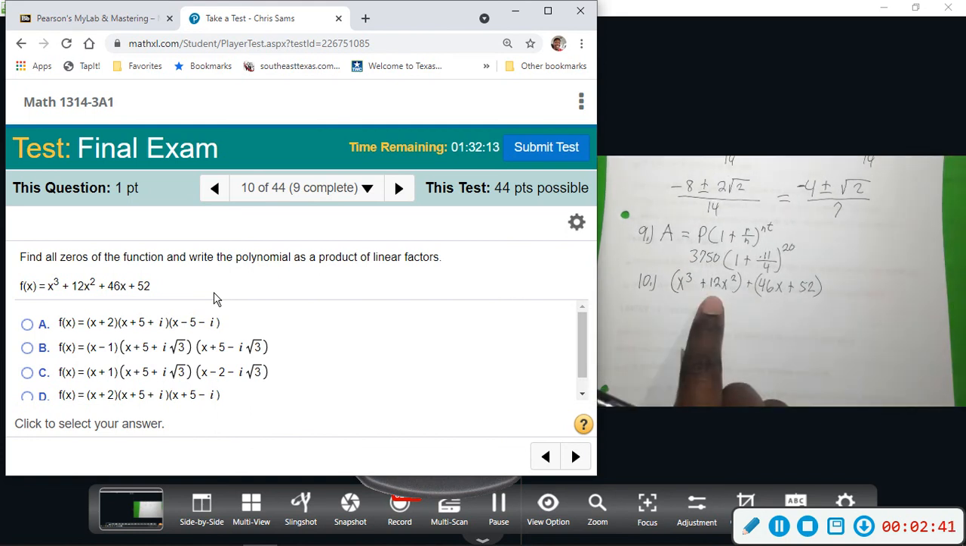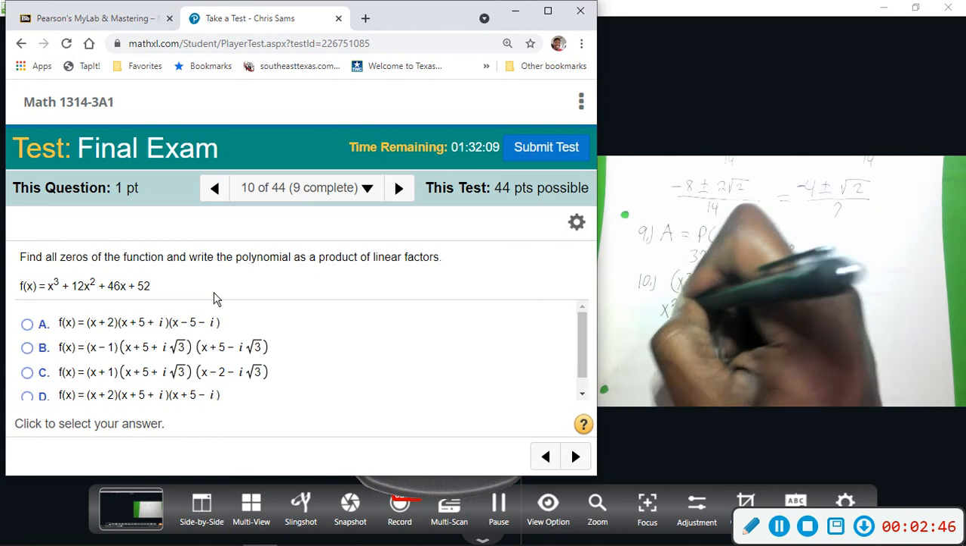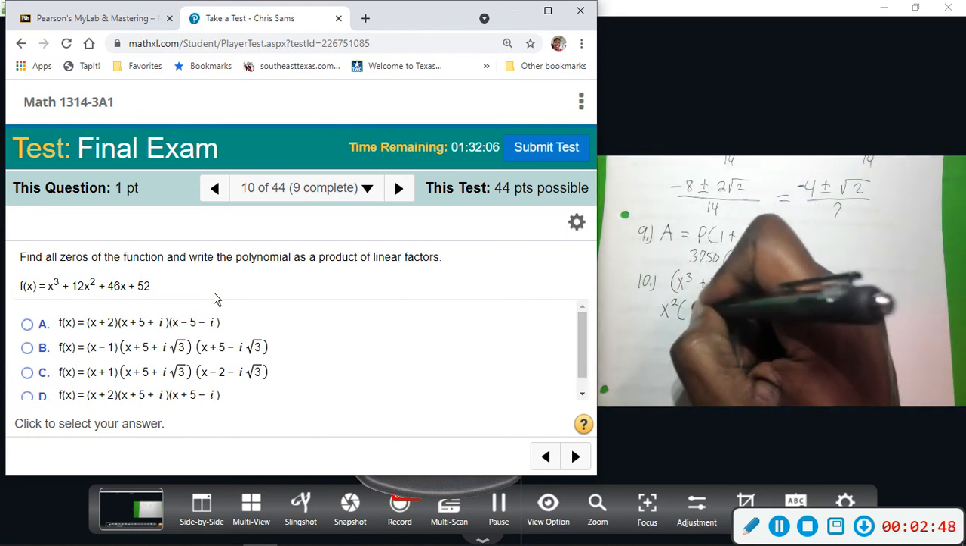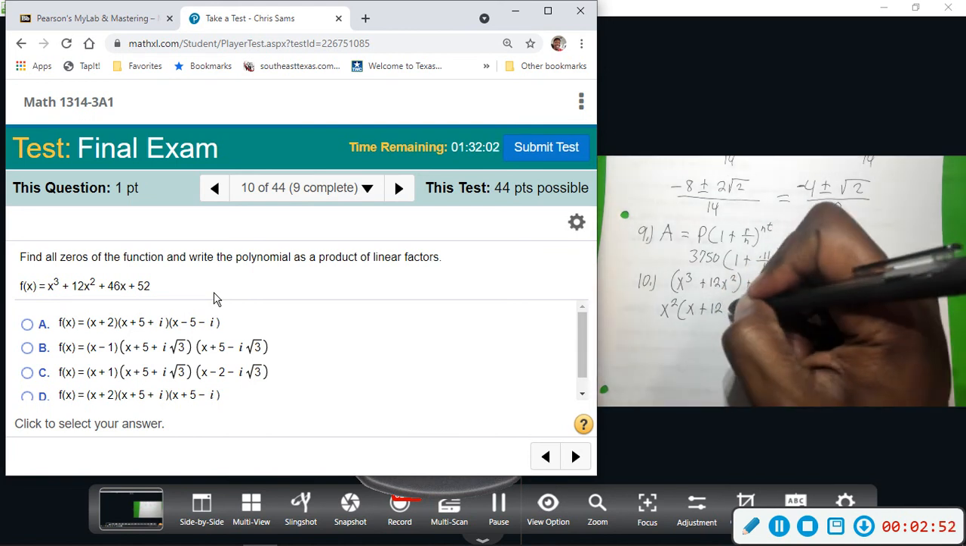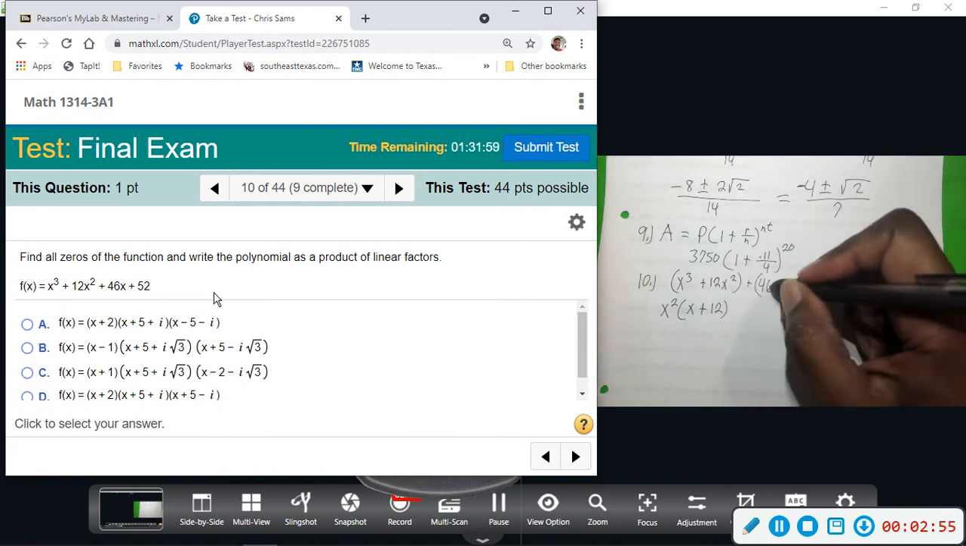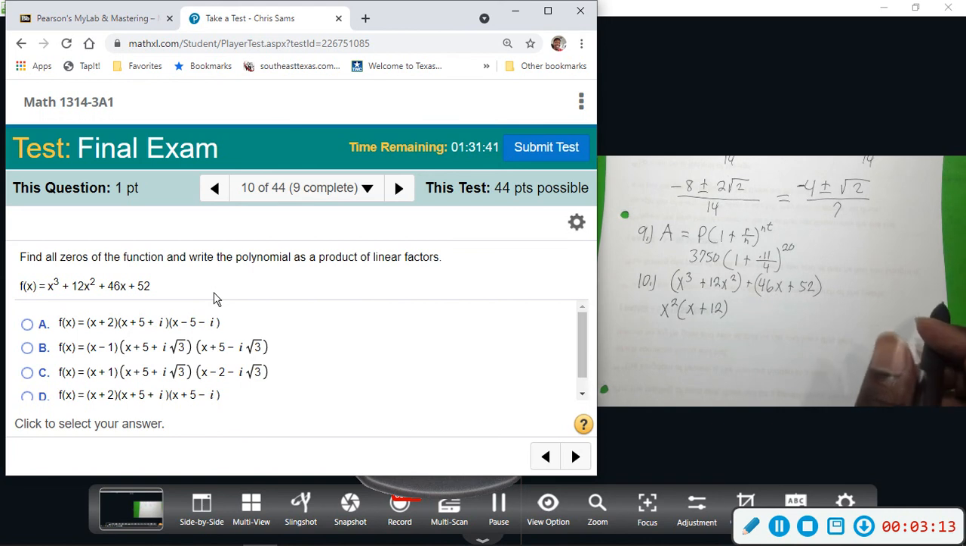And I want to see if this will factor. So these two I can pull out an x squared. And that will leave me with x plus 12. Now, I need to be able to factor something out of here so that I'm left with 12. And I don't know if this will work. I would need to be able to factor out 46, so this will not factor by grouping. So our best bet will be to do